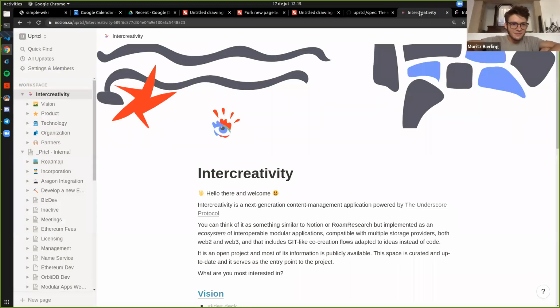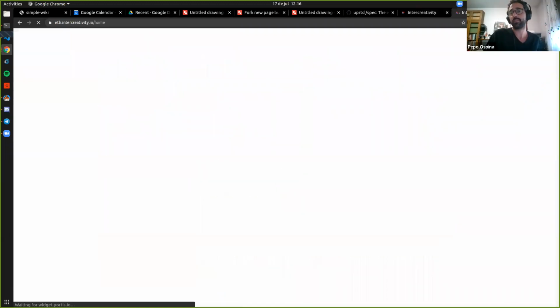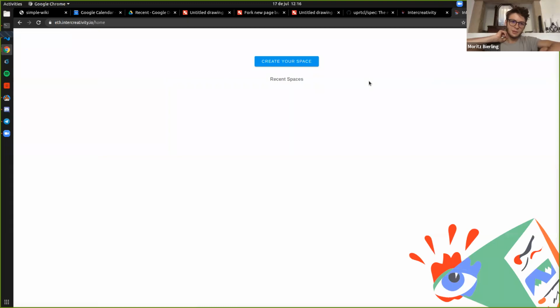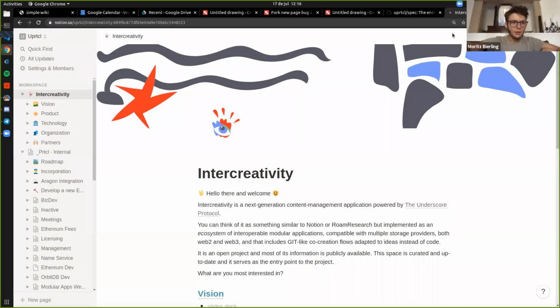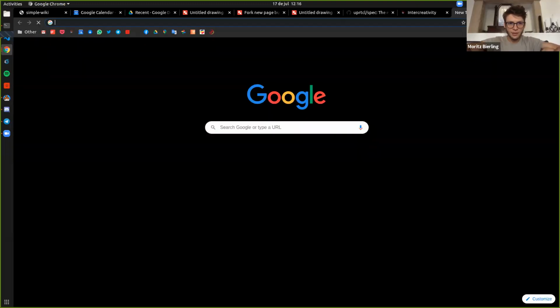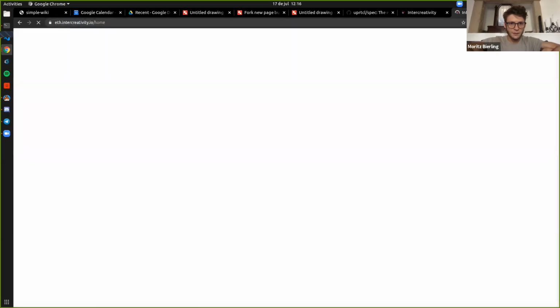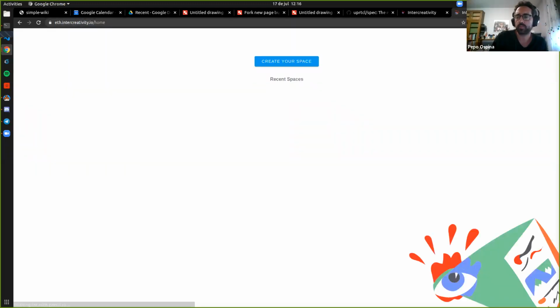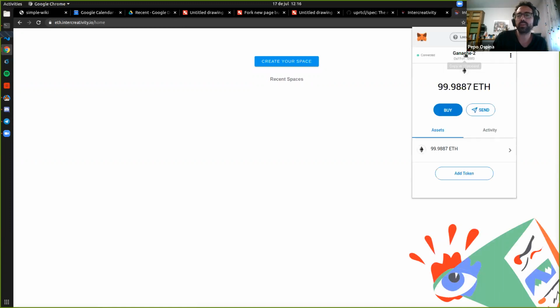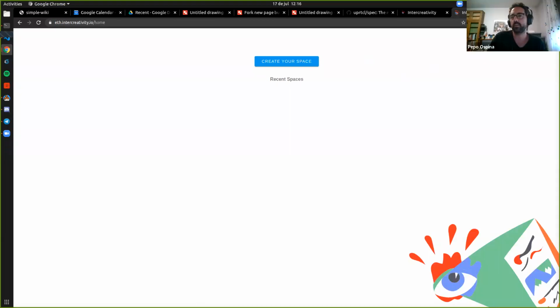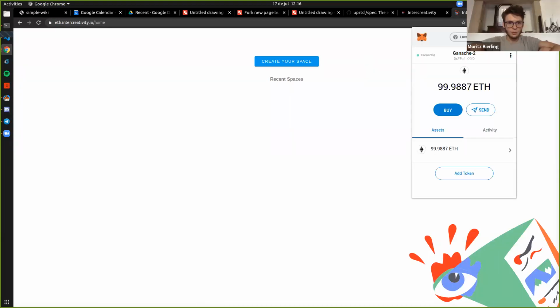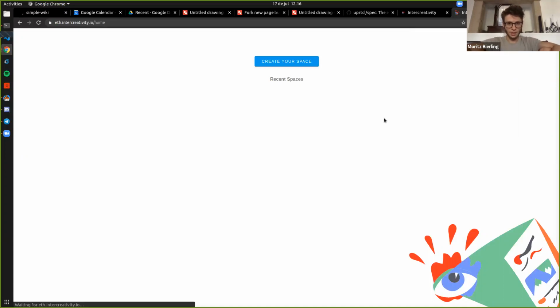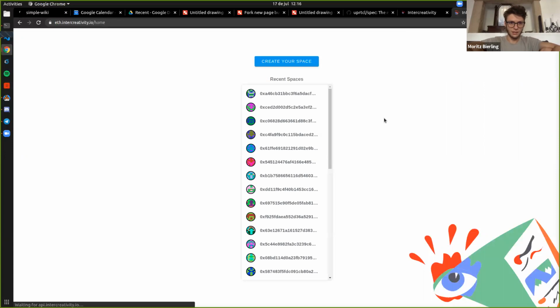Eventually, for this page you talk about community, you could just make a fork of the space and make an update proposal. And ETH Intercreativity is operational, right? Anybody can use it if they have a Ropsten network identity. It has to be on Rinkeby. Rinkeby, right. And it's working. We are having issues with the Web2 database, so sometimes it freezes. We have to work on that. It's mostly operating. So I could create my space, or you could make your space available, and I could fork it and we could play with it.